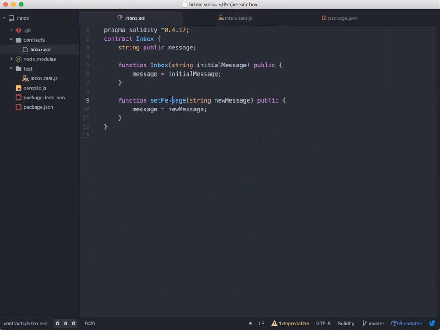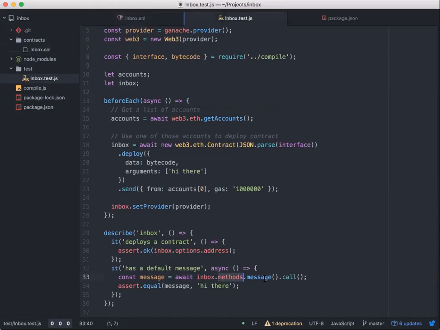I would have setMessage and message. There are two methods that are tied to my contract. Those are the two that are tied to my contract right now. So you can see I'm referencing the message property right here. And if you wanted to somehow call setMessage instead, rather than calling methods.message, this would